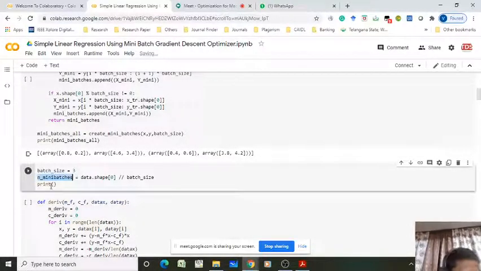n_mini_batches. Okay, so what are you expecting for n_mini_batches? See, it may throw an error. Taking so much time.